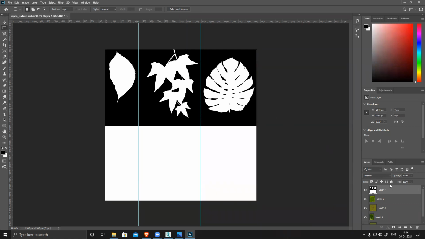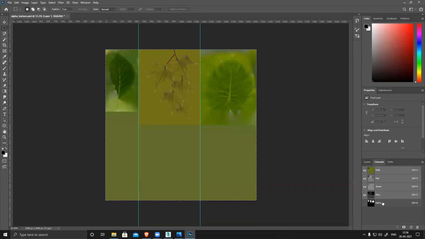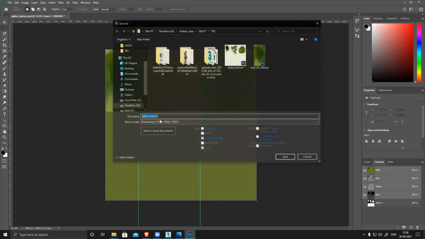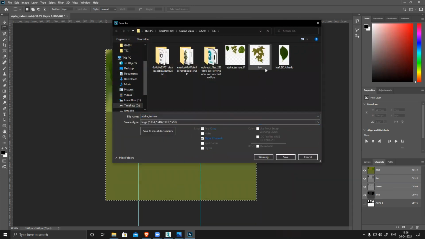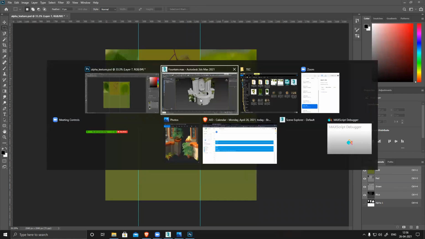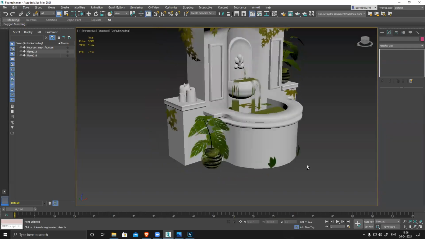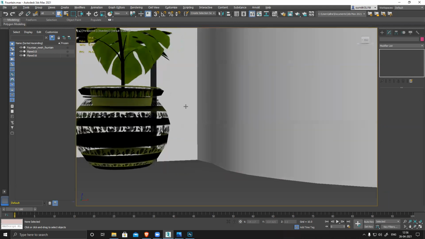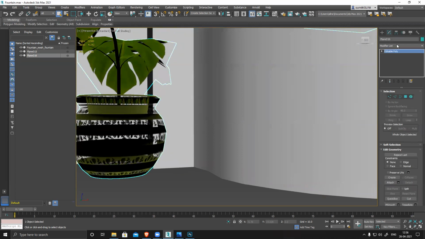White is visible, right? And paste it here. Now you can see I just modified the black and white part, resave it, override the texture a little bit, go back to scene, and you can see instantly half the pot is visible, half is not visible.